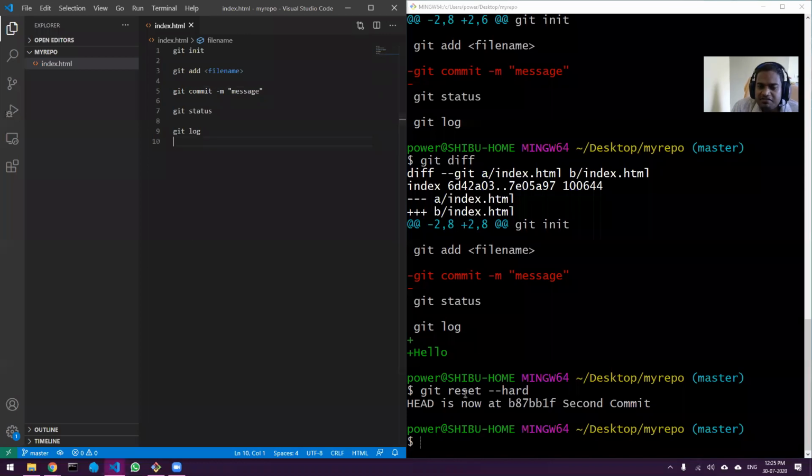That is the advantage of using git. Whenever you do something wrong, you can always go back. That is the important part of having your code inside git. Now we have seen two more commands, git diff and git reset. There is another command called git revert. We will see that a little later, maybe not in this particular week, but in the next week.